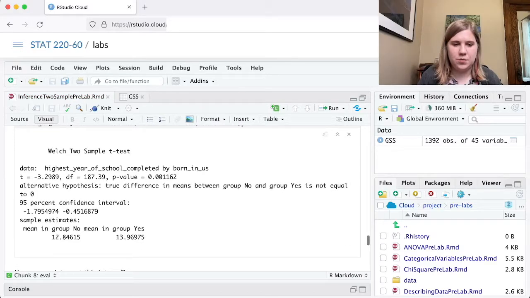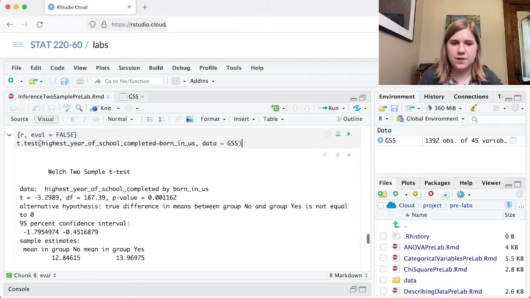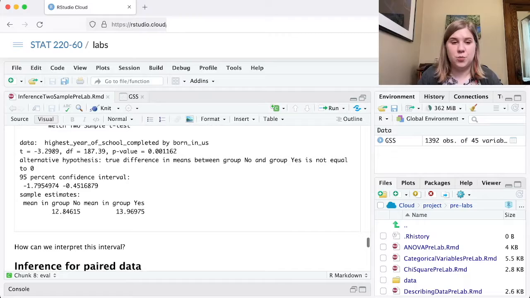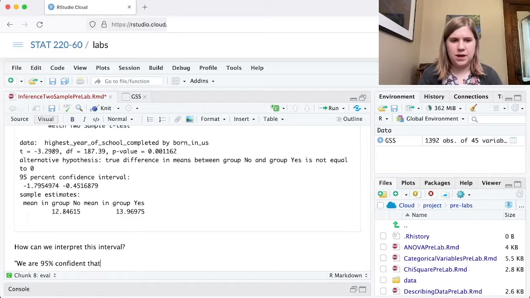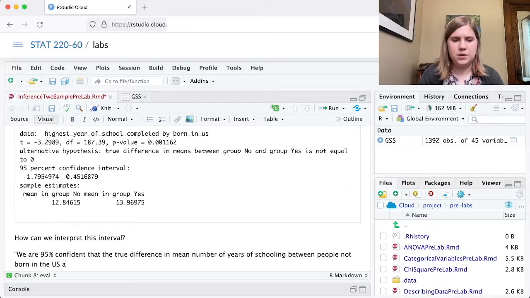We've got the mean in group no, the mean in group yes. Those look like the numbers that I got in my original mean. And then I've got my 95% confidence interval. And then we could interpret that interval. So in this case, we are 95% confident that the true difference in mean number of years of schooling between people not born in the US and those born in the US is between negative 1.8, maybe all around, and negative